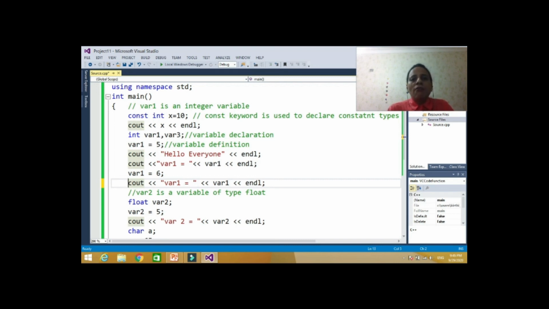Then if some value is fixed, then just make it constant. For example, to calculate area of a circle, the area is pi r square, where r is radius. That can be a variable, but the value of pi is 3.14. It is fixed. So you can declare 3.14 as constant of type float.